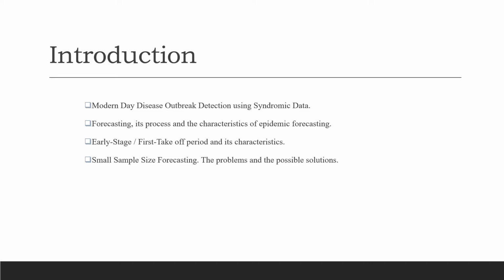Tabata in 2017 looked at the time series data of various disease outbreaks and identified different characteristics within a disease outbreak life cycle, essentially. And the part which we're going to focus on is the first takeoff period. It's identified as it exhibits a sharp rise in cases where numbers are initially dormant.